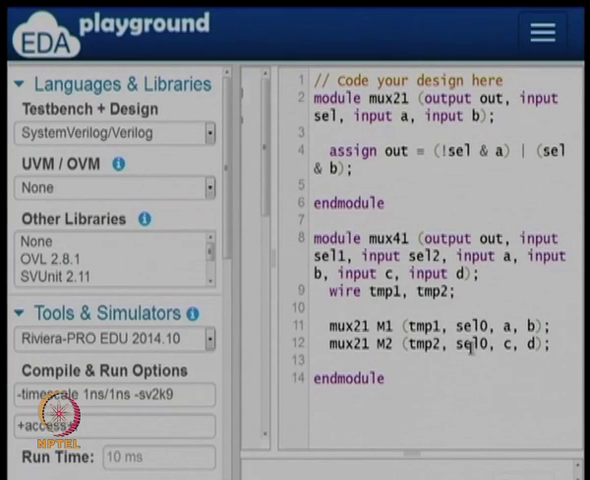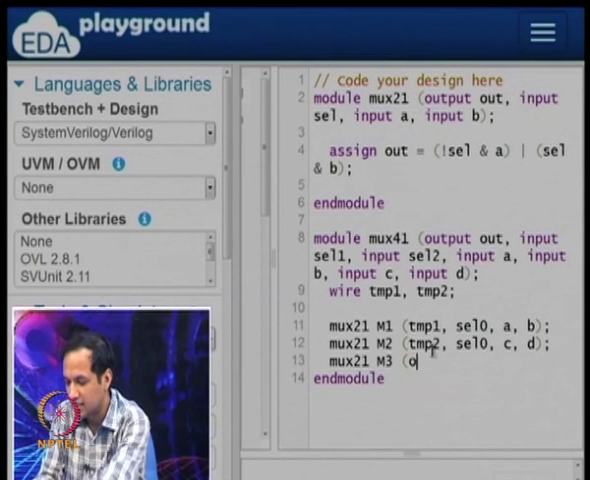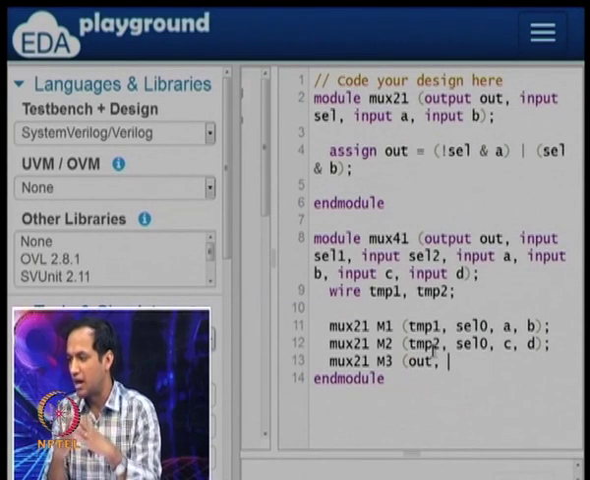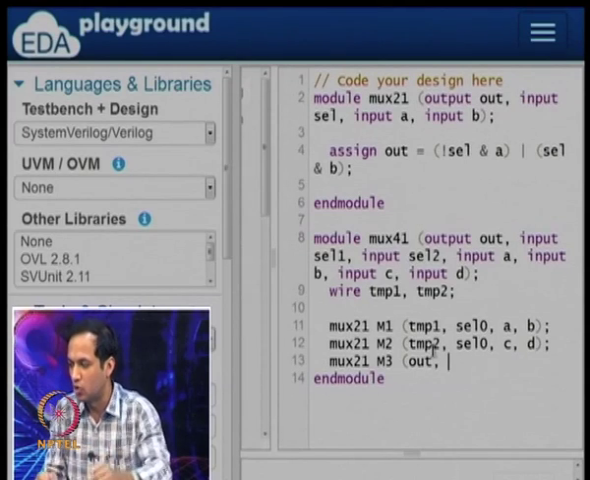It will take the same select line, it takes C and D as the inputs and it gives you temp 2, right. So temp 2 is the other wire. Now we have 2 wires and this has to be connected to the third multiplexer. So the third multiplexer gives the circuit's output as a black box. Out is the output of the 4 to 1 mux,